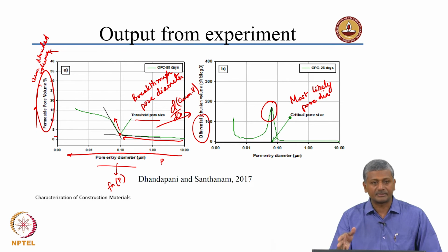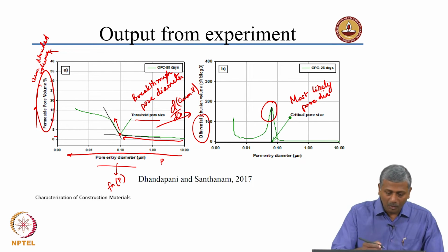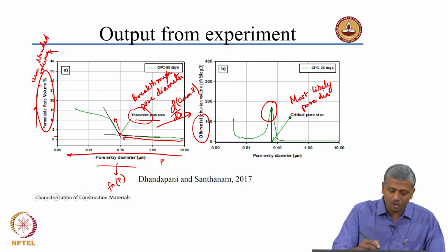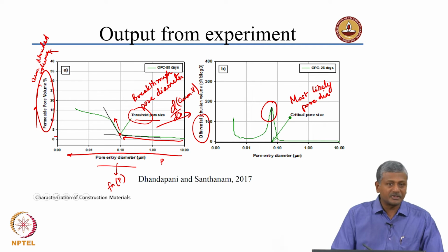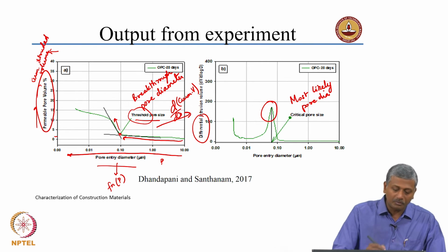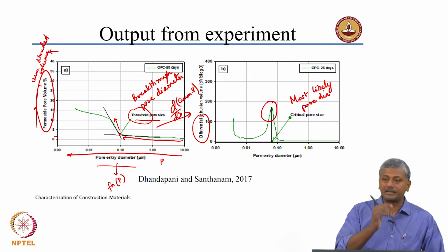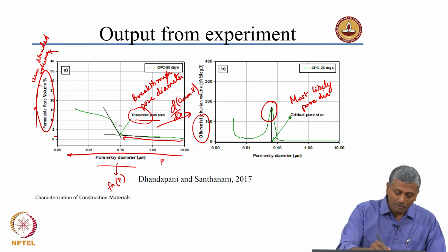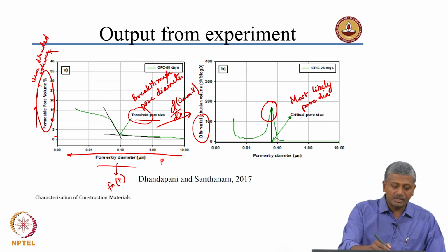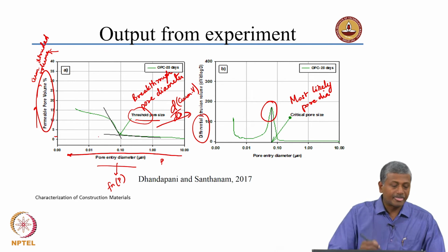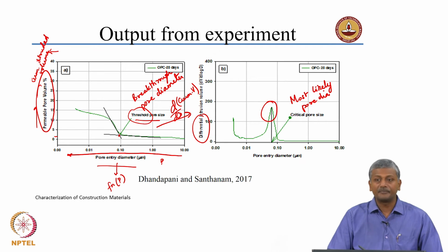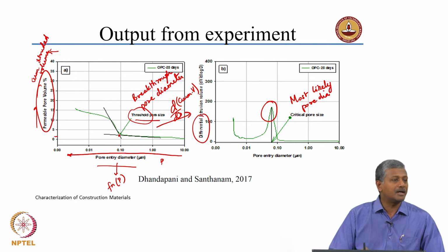So, that is all it says. Okay, one critical thing about how to actually determine the threshold, people have suggested various methods. You can actually directly pick out from the graph the point at which there is a sudden increase, but very often what people say is you can do this by drawing tangents for this curve and looking for the point at which the tangents intersect and marking that as a threshold pore diameter or breakthrough pore diameter.